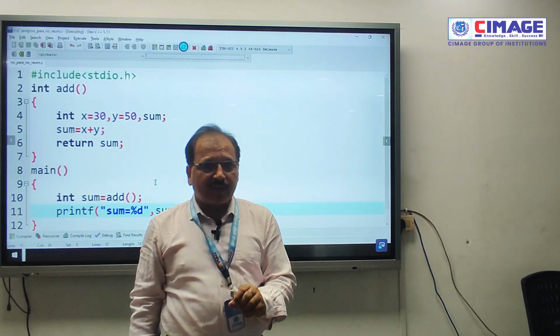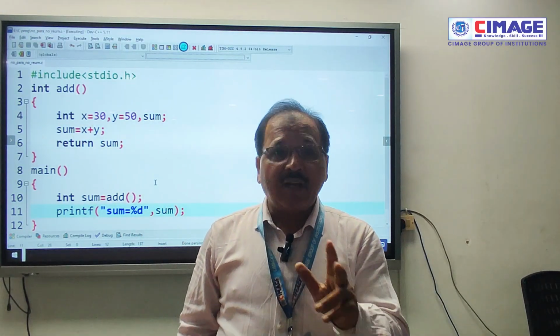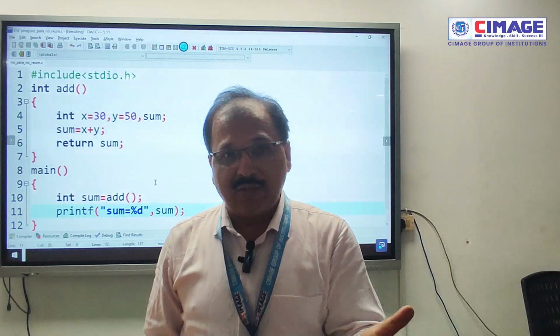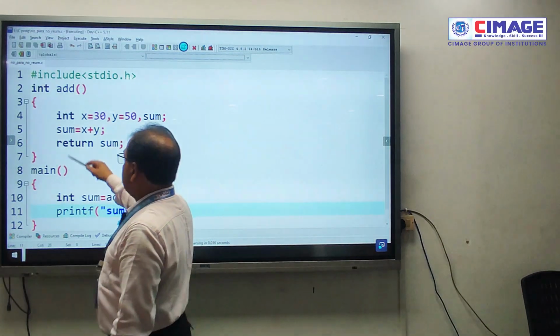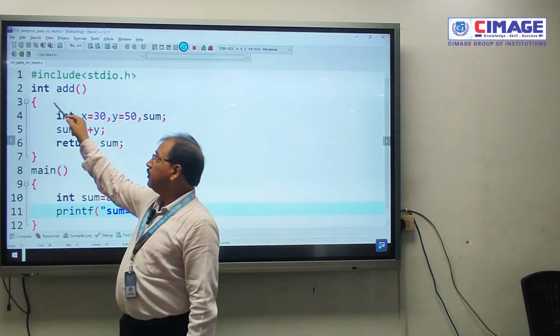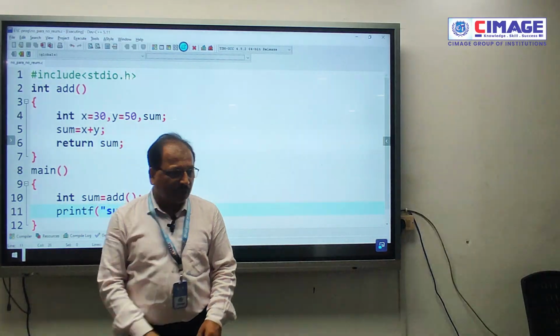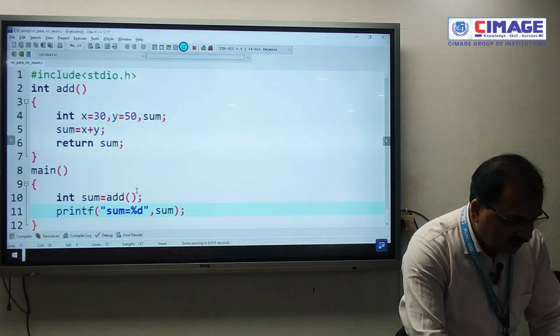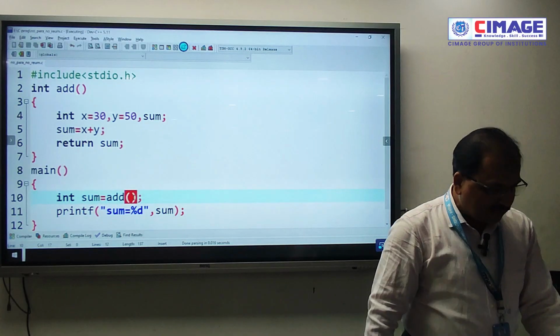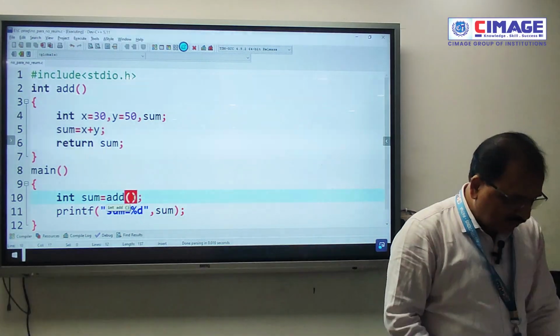Now the last one is where we are going to pass a parameter as well as return the value as well. That means the value is being returned here, that's fine, but the parameter is not passed. So here I am going to pass a parameter from the main through this particular add function.